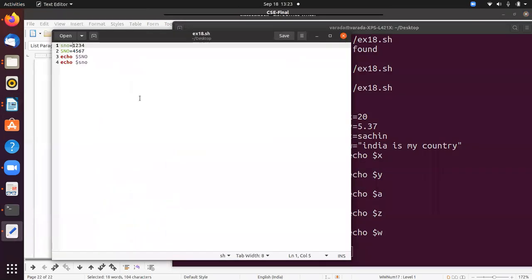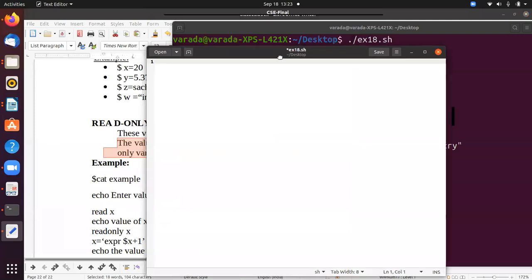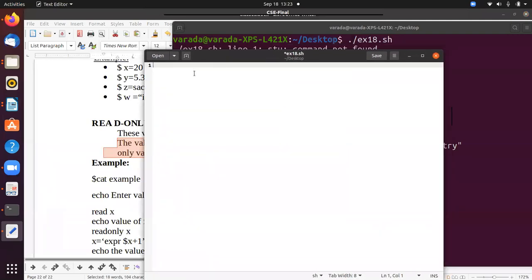In this example we are going to modify this. Here I am going to define one variable. Simply we can read the data from the keyboard: echo enter a value for x, then read x.